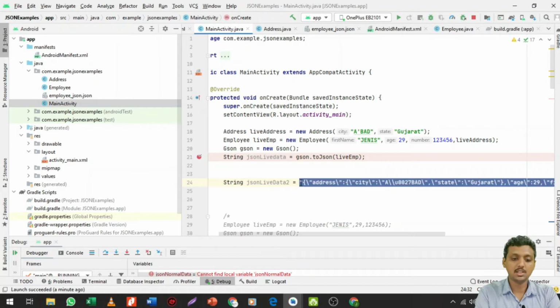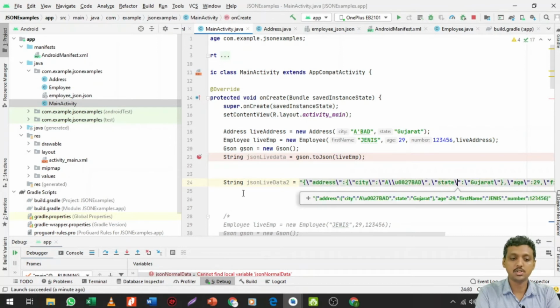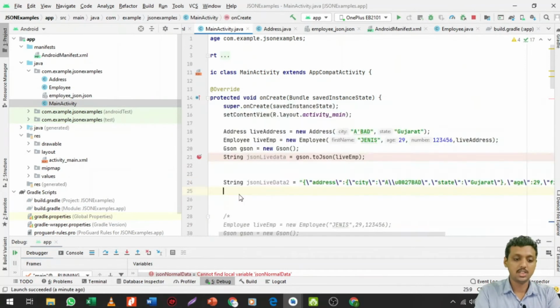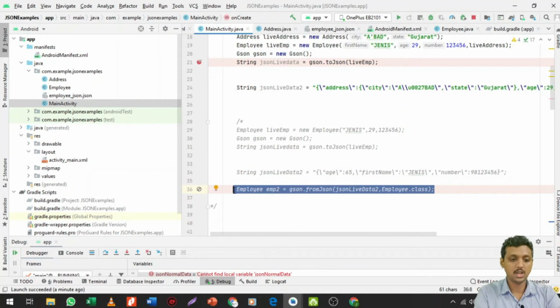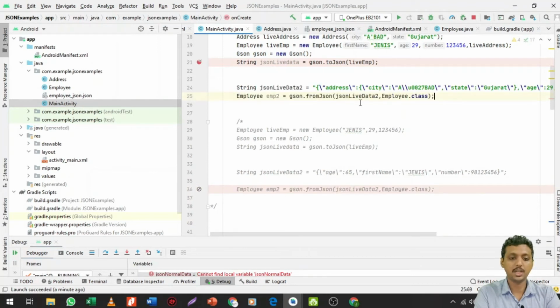Always remember the first and the last double inverted comma show your string. Now we just need to write this for the Employee. I'm not going to write the whole code, just copy and paste it over here. This jsonLiveData2. Okay, fine. So it's the same as this.